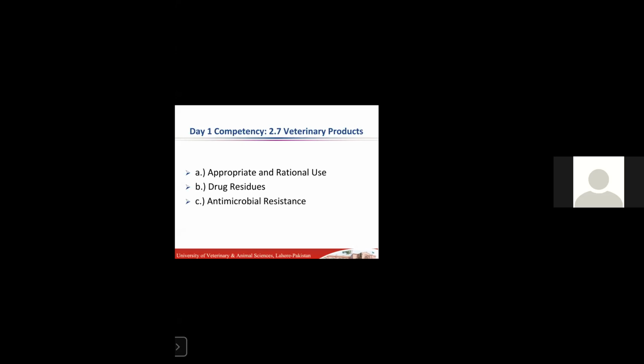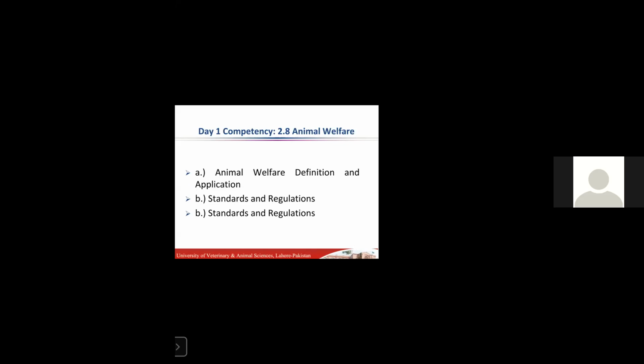It is worth mentioning here, as I told you before, that each country has its own list of antimicrobial resistance. It is quite possible that one pathogen showing antimicrobial resistance in one country is very horrific, but not so lethal in another country. So this is very important. The next is animal welfare. This is also a very important topic, and nowadays the world is giving attention to it. It is very important that day one veterinary graduates have knowledge of animal welfare.